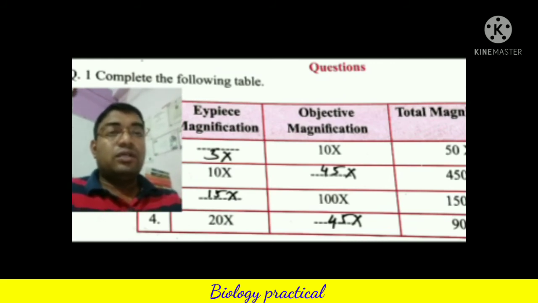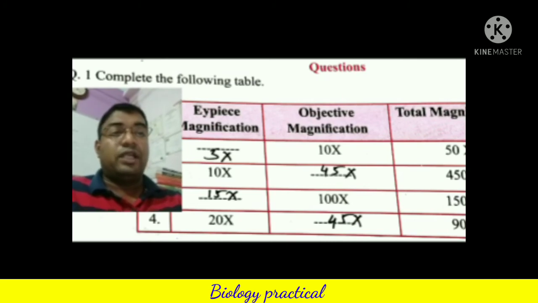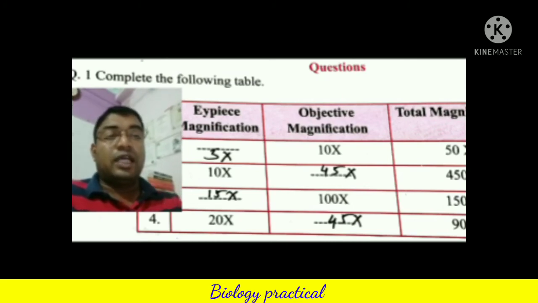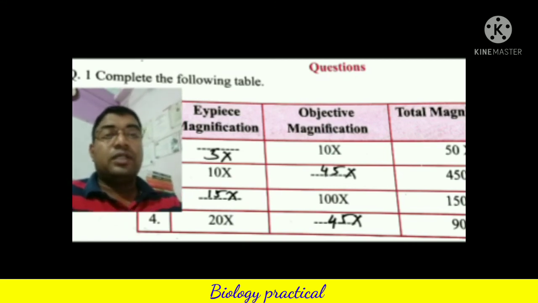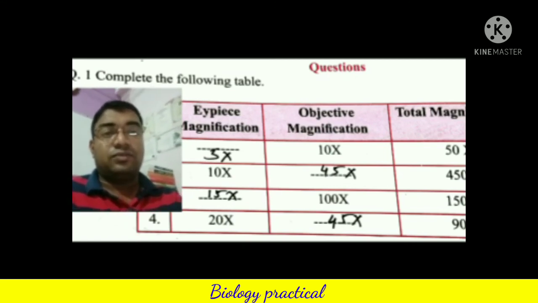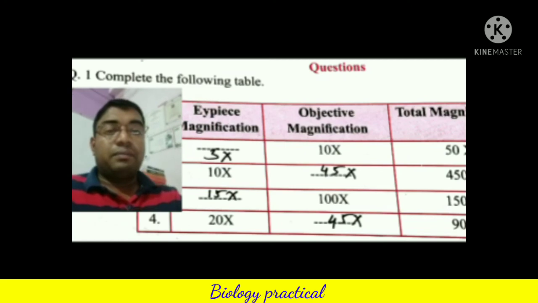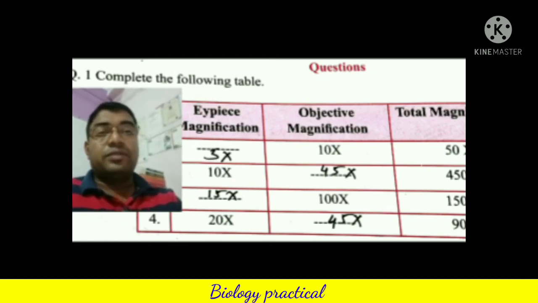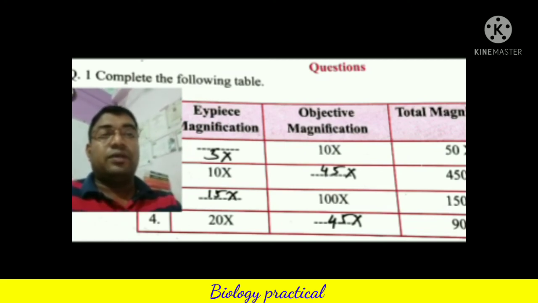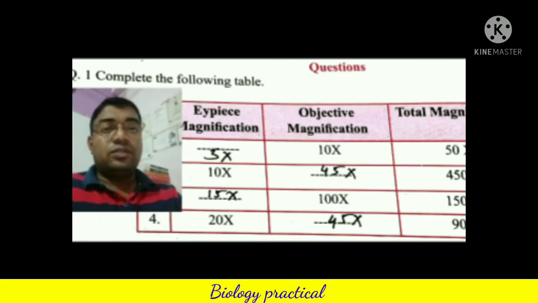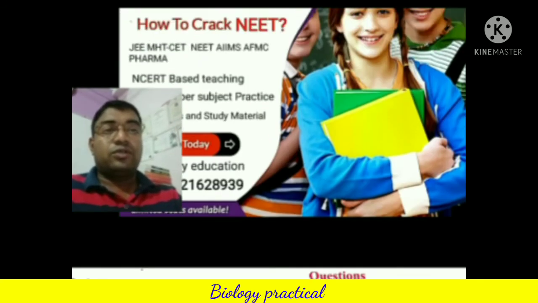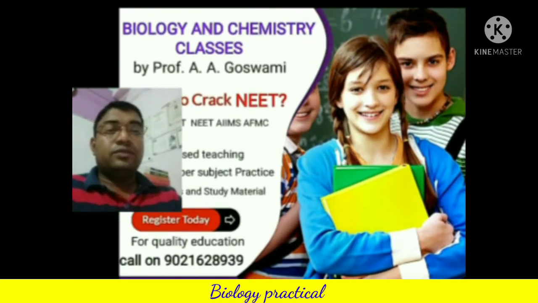So we could easily get an idea that even a minute object can be magnified 10 times, 45 times, 100 times. You can imagine that the compound microscope is so useful for analysis, for detecting even microscopic things. It can be a cell, a tissue, or any kind of pathogen. Generally, this is very helpful for the study of microbes. Thank you for watching the video.